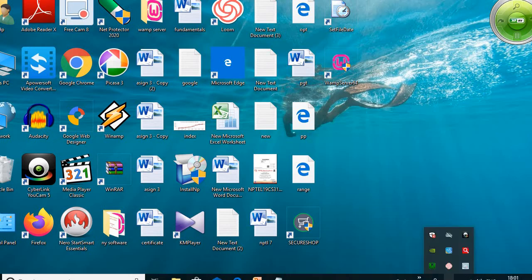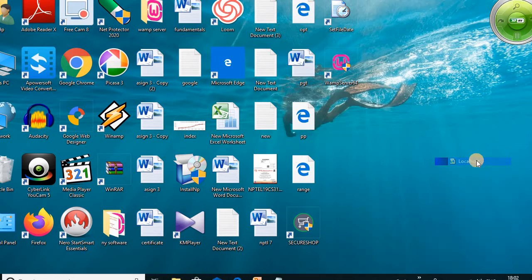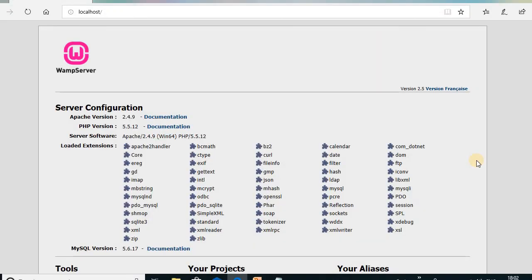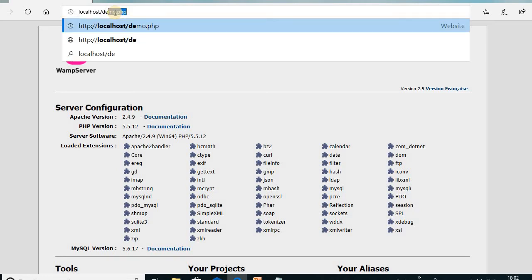Click on the W icon, then select to run the PHP script, click on localhost. On the address bar, you can type the name of the file which you want to execute. For example, we created the demo file here. So demo dot php.